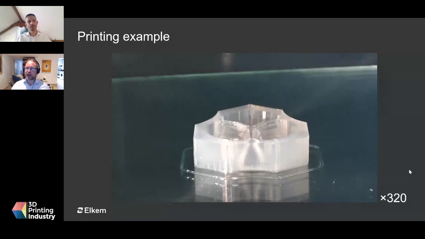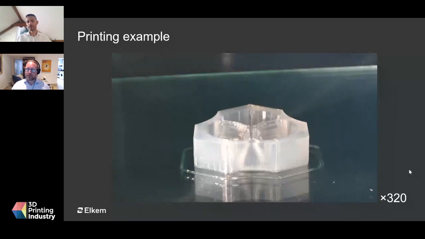Could you please answer how much degree of durometer can be printed? Is there a range of durometers to print out with 3D printing? I think you did tackle that a bit in the presentation. So, yes. Today we have a very wide range of hardness, but you have to take into account also that the softness and the rigidity of the part at the end will depend on the hardness of the material itself, but also on how you print the parts. So you have to think about how to combine together the hardness of the material, but also how you print the part to get the right performances that you need.